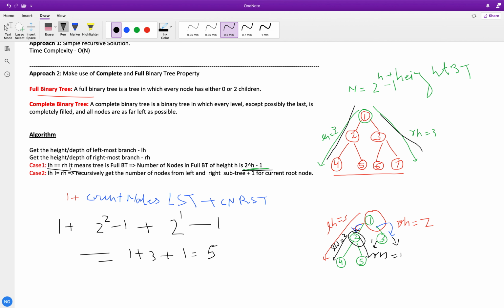The h is the height, either LH or RH. The second case is when they are not equal, like in this example. So recursively we will call again the left subtree and right subtree as I explained, and add 1 for the current node. So this is the idea for solving this.